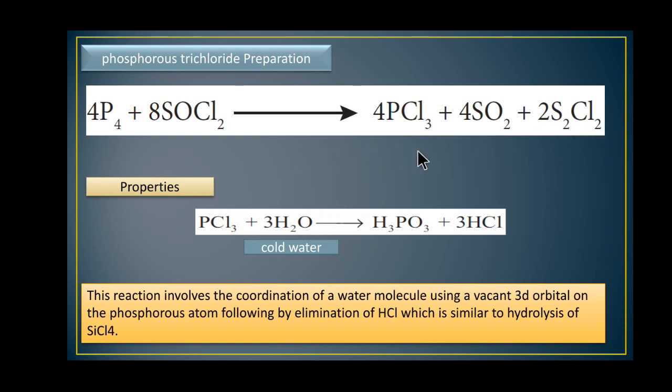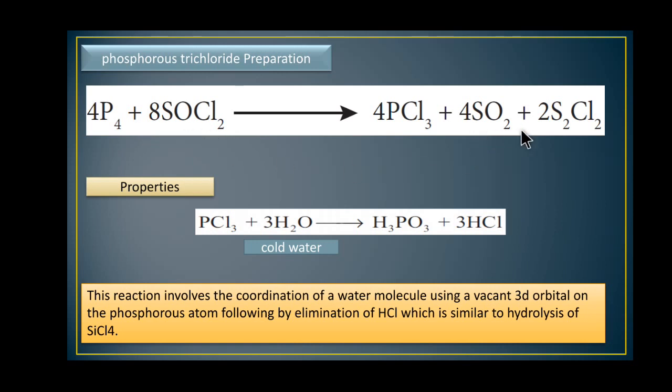So what is the balanced equation? First we are going to balance phosphorus P4. Is it clear? So on the product side only PCl3, so add the coefficient 4. Now you check chlorine. How many? Chlorine here 12 and here 2. So we need to increase chlorine on the reactant side.